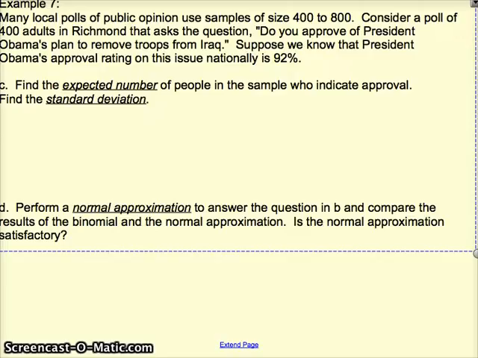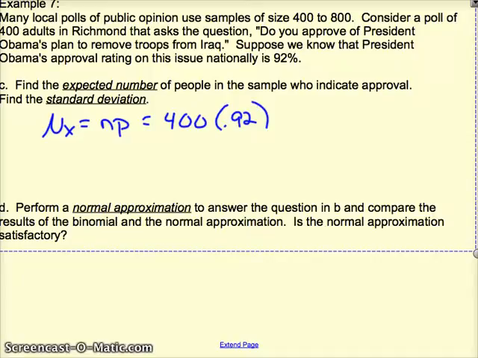Right, question C here, find the expected number of people. Find the standard deviation for the number of people who would agree. Pause me, calculate those. Well, expected number, this is a binomial probability question. The expected number is equal to n times p, which is a way of saying if I survey 400 and I knew 92% would approve, then the expected number of people who would approve would be 92% of 400, which is